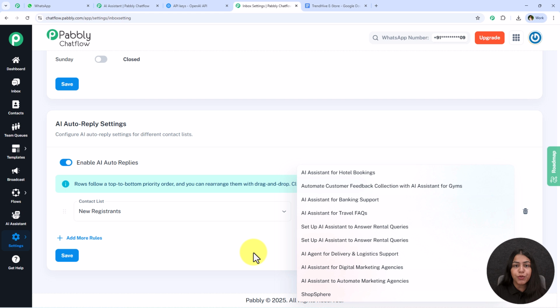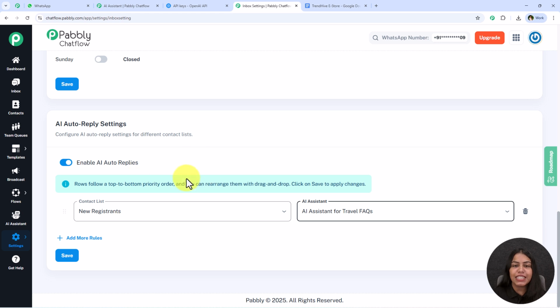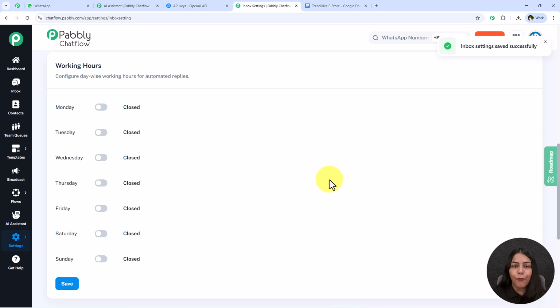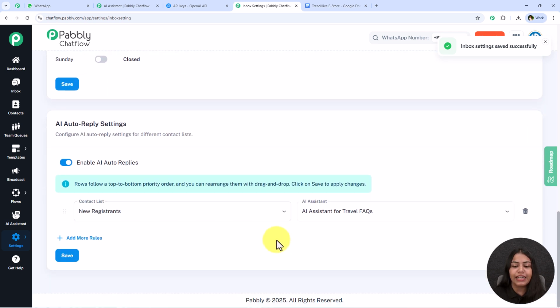So what you have to do is first create a contact list. For that you have to go to this contact section. We have a video dedicated to the contact section in the description box below. You can go and check it out and know how to create a contact list. And further, you can simply assign the AI assistant to all contacts at once by a single click, and automatically the AI assistant is going to be assigned to all your contacts at once when you click on this save. And now whenever any user from this contact list is going to message you, this AI assistant is going to